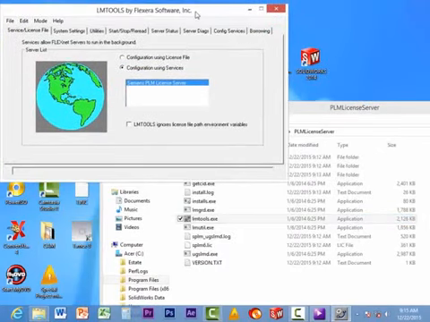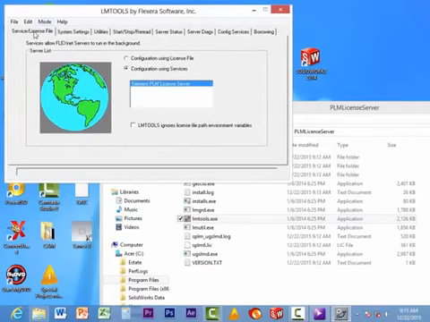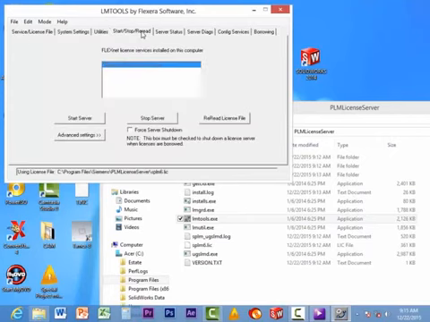Once it starts the licensing server, what I want to do is start on this first tab. Ensure that I've got Configure using Services running. Yes, ensure that the Siemens PLM licensing server is up and running there. And then what I want to do now is go to the Start/Stop/Read tab. So I now click on that, and then I'm going to click on Stop Server. But before I do that, I must click Force Server Shutdown, and what I want to do is stop the